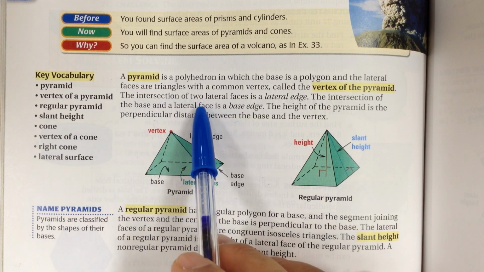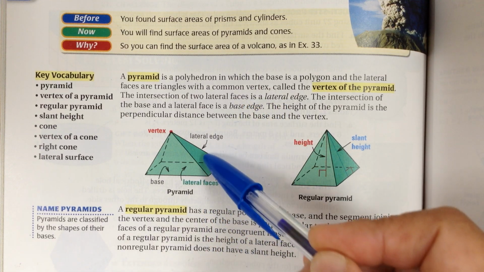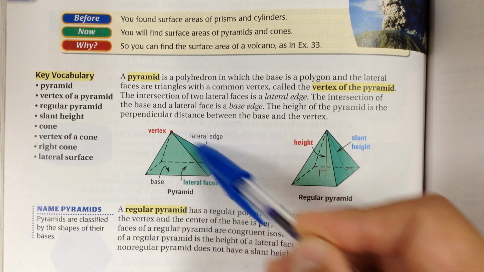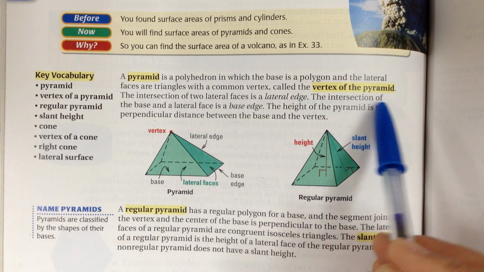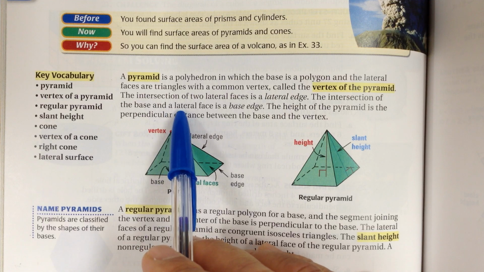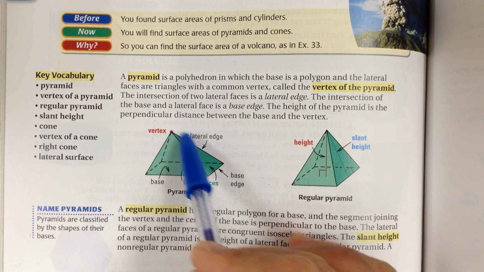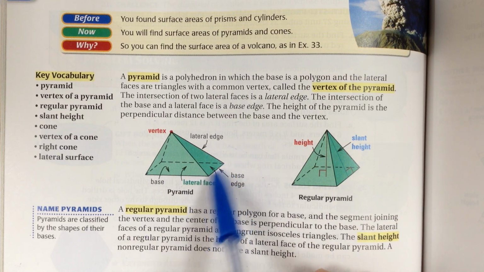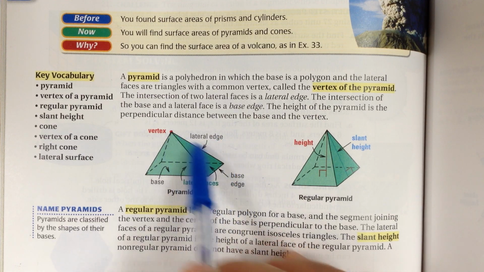The intersection of the two lateral faces is a lateral edge. So a lateral edge is the edge on the side of the pyramid. The intersection of the base and the lateral face is a base edge. So this is a lateral edge and this is a base edge. Again, the edge on the base is called a base edge, and the edge on the side is